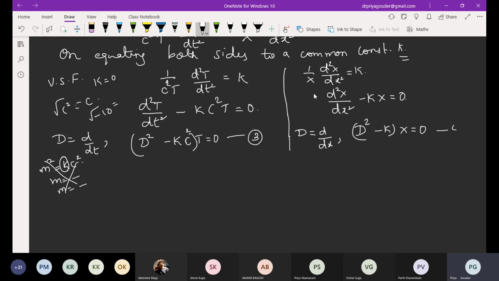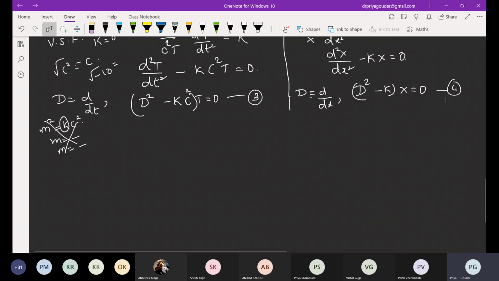Again, here also if you write the auxiliary equation, the value depends on which quantity? The value depends on k. So we'll take three different cases. What are the three cases? K may be 0, k may be positive, k may be negative. First the simple case. What is that? Suppose k is 0.